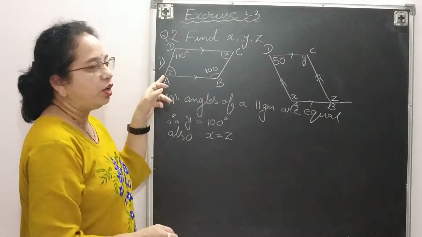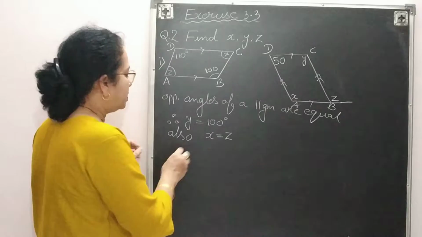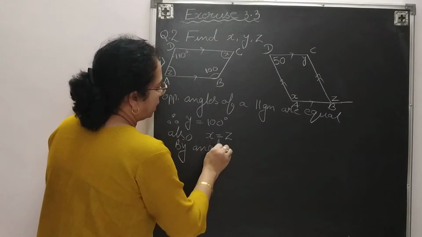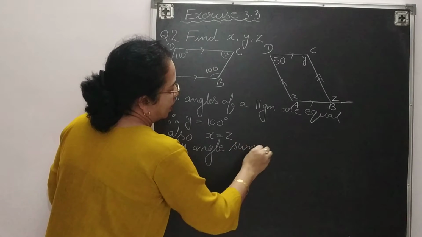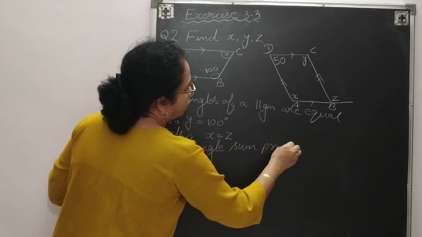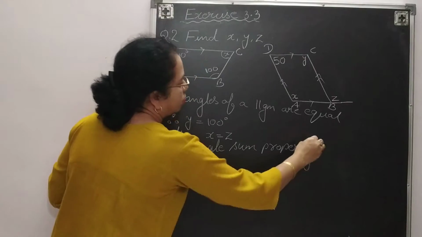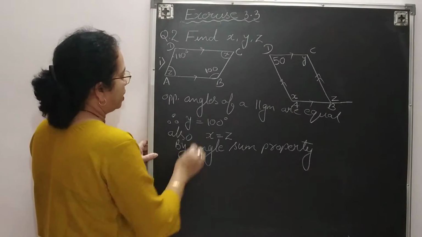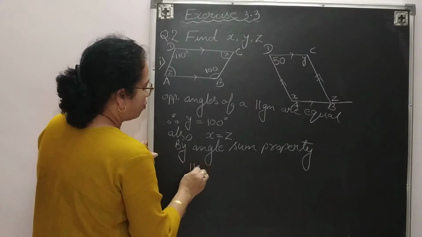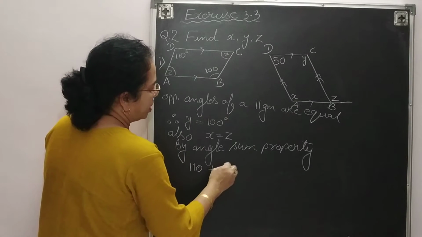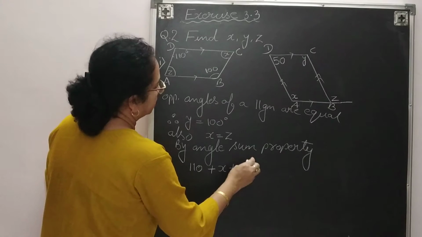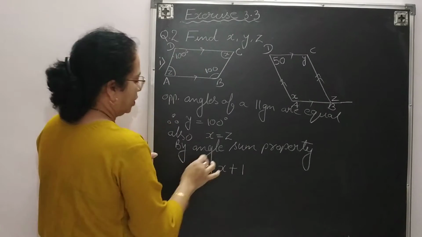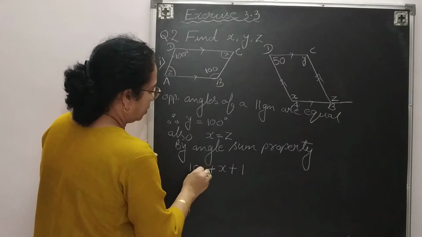Now you need to find angle, so we will use angle sum property. So write here by angle sum property. I will explain everything how to write only in one question. Other questions I will just explain with the figure. So by angle sum property, now you can start writing from here 110. Next one is x plus, sorry, not 110, this is 100. Yeah, 100. This is also 100.